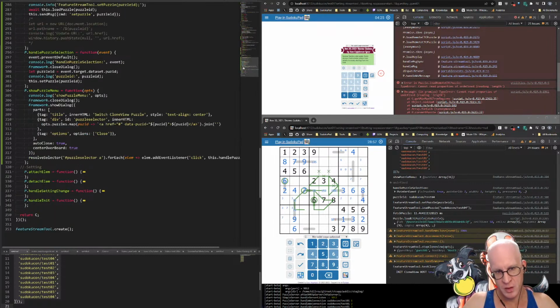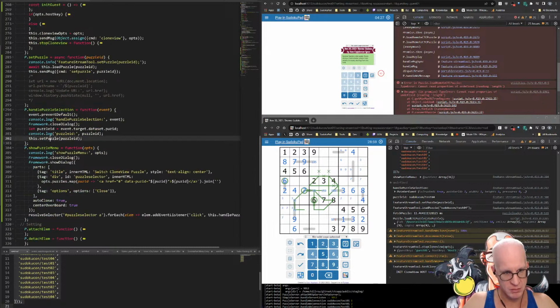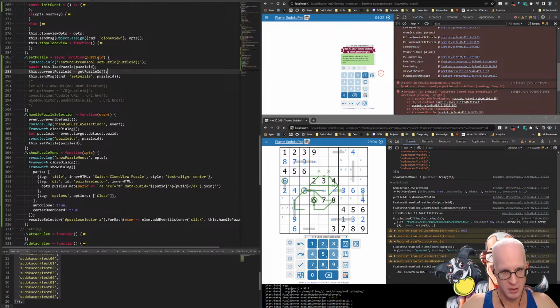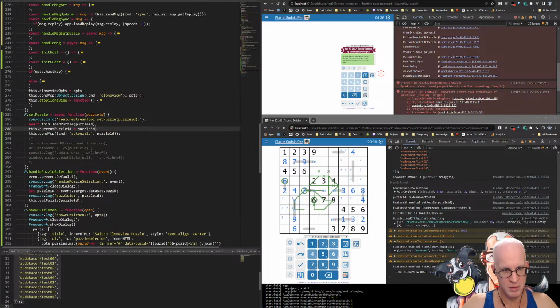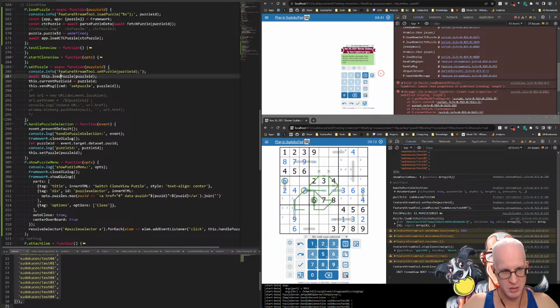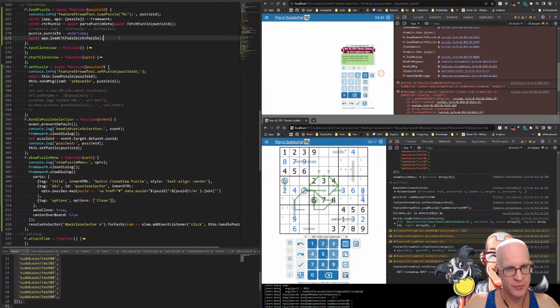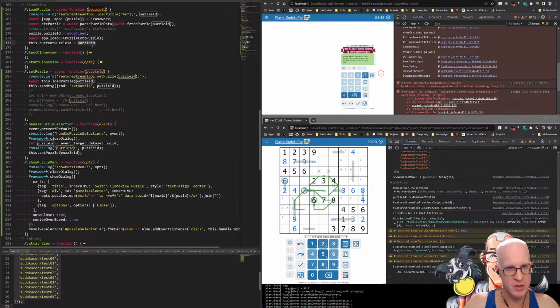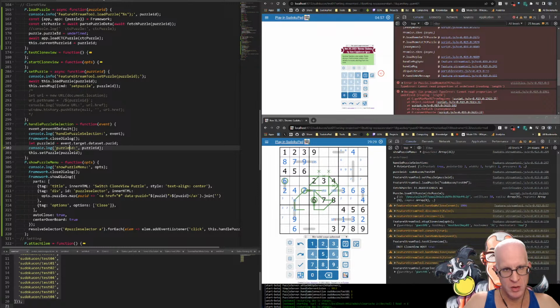And then when we're doing set puzzle, we're going to change that equals puzzle ID. Set puzzle. Do we want to do that inside load puzzle? Yes, I guess we do. Boom. This is the current puzzle plus puzzle ID. And now we want to